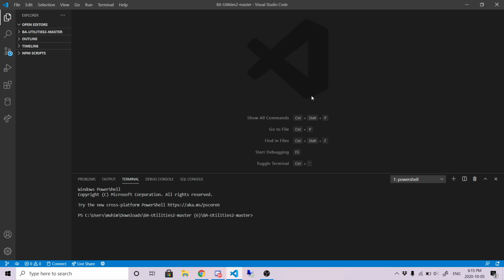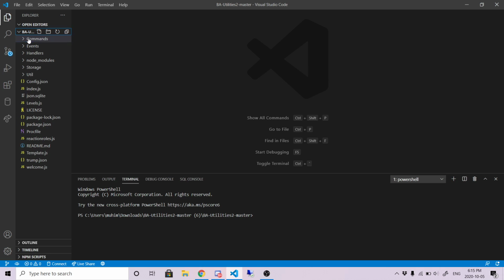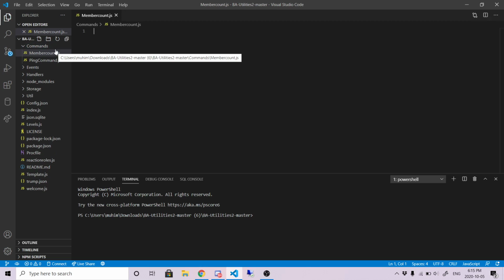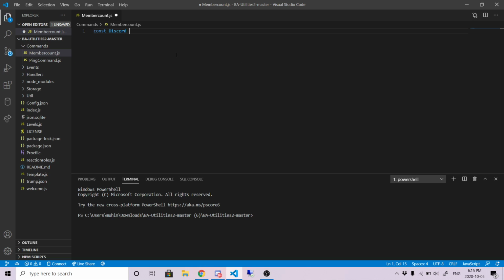Last time I covered a ping command tutorial, and today I have decided that I want to make a member count command tutorial. So to get started, let's open our directory, let's go into the commands, and we'll make a file called membercount.js. Now, let's start it. We'll define Discord. Const discord equals require discord.js, and then